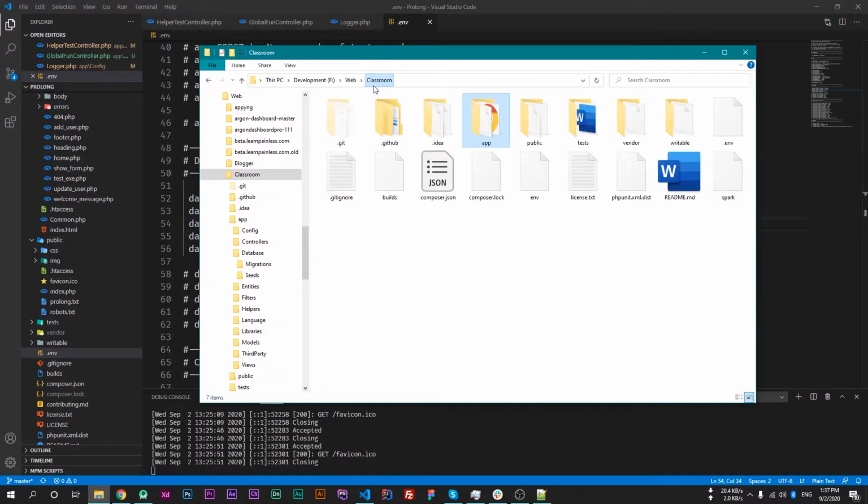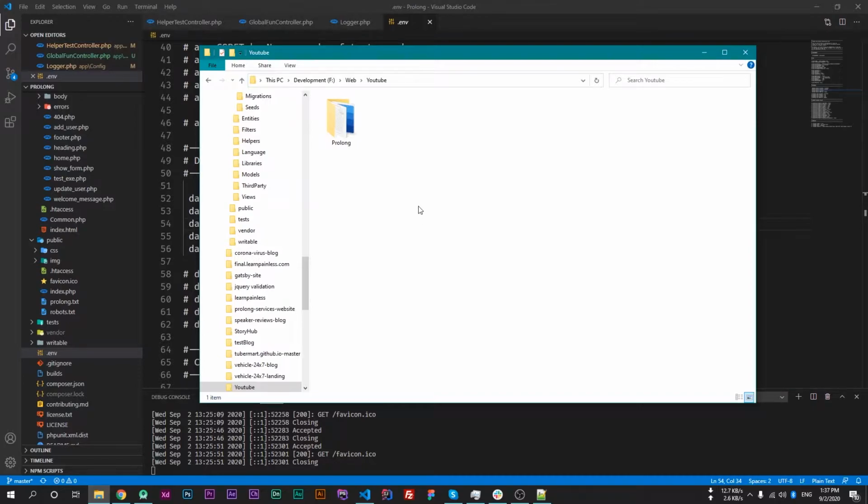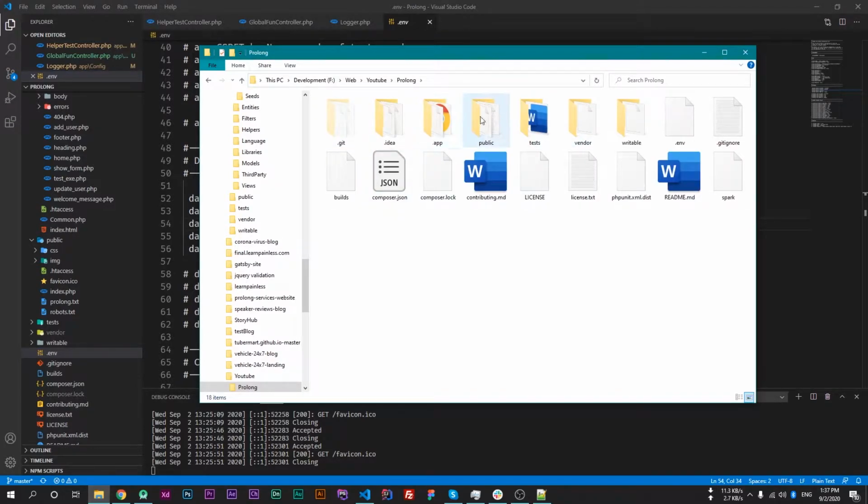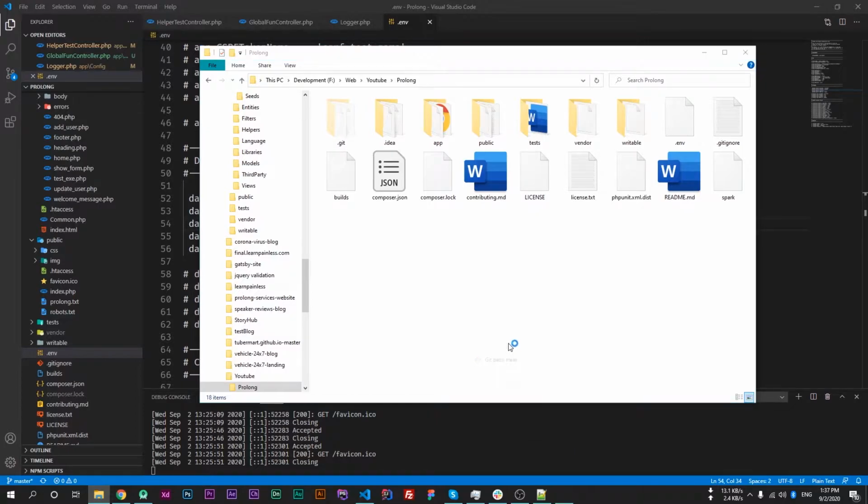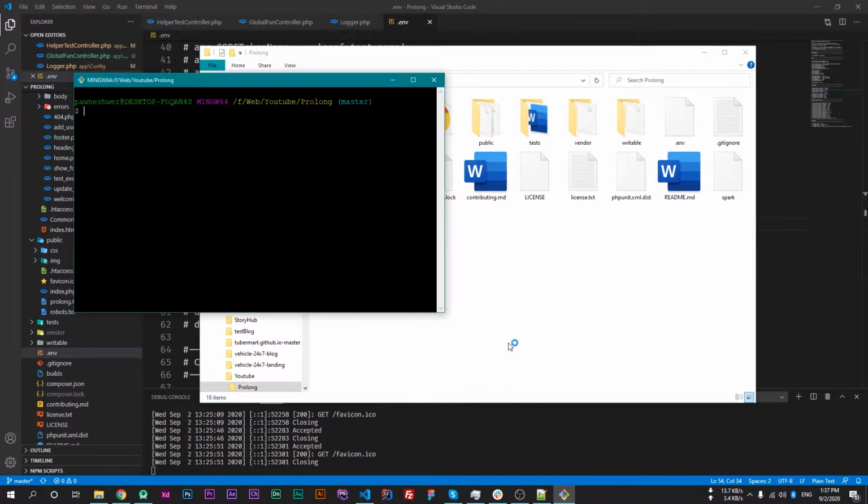So go inside your project. In the root directory, open the command prompt. Now here we have to run a few commands. So I'll create a new migration. So php spark migrate, and then we'll use create, which will be used to create a new migration, and then our migration name. So I'll name it student. So hit enter,